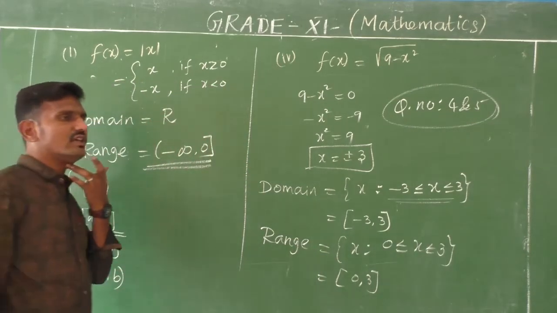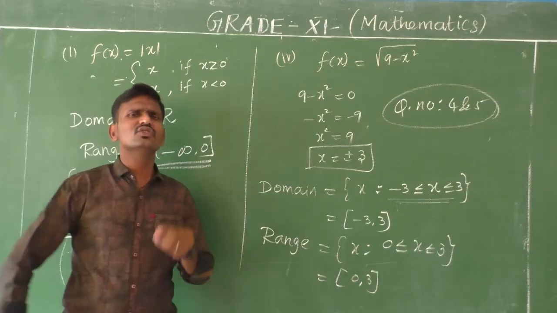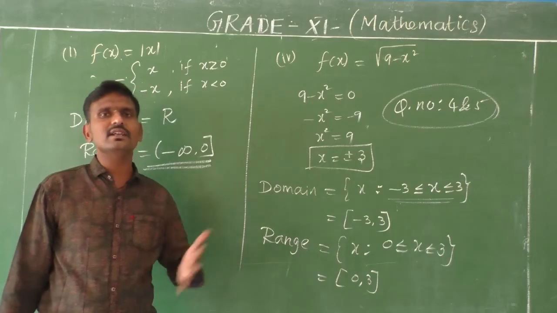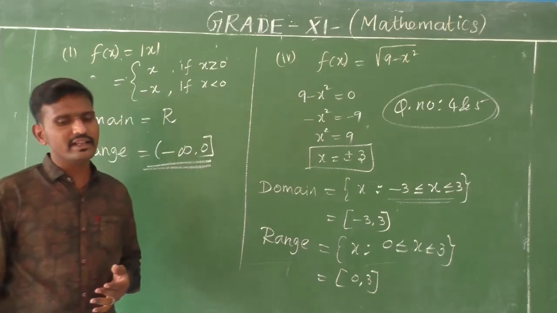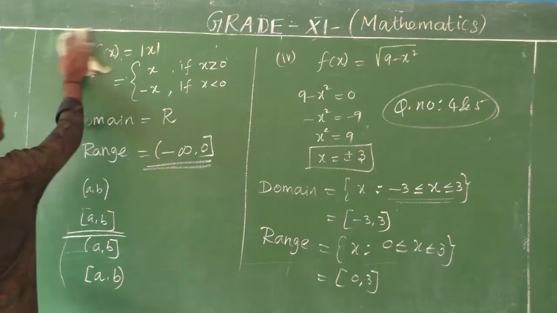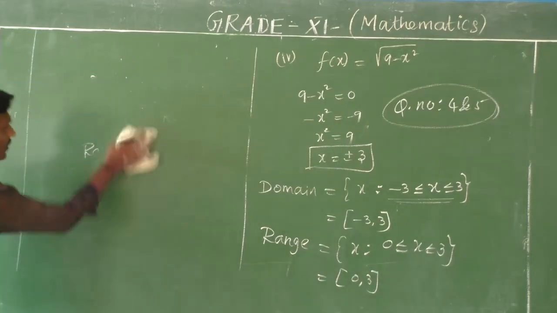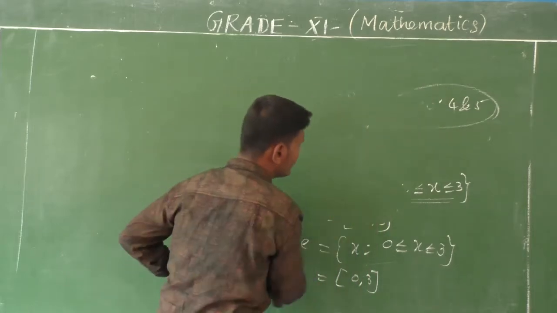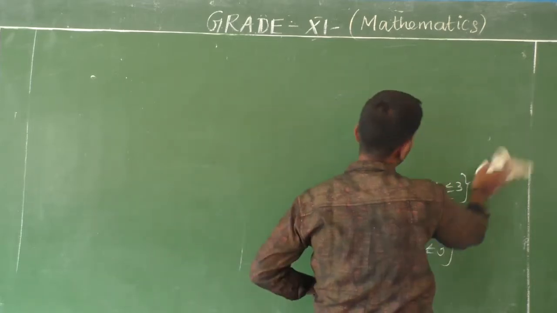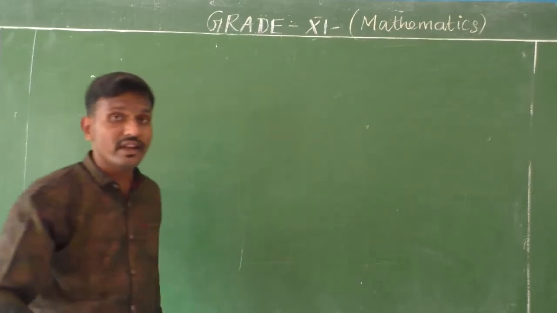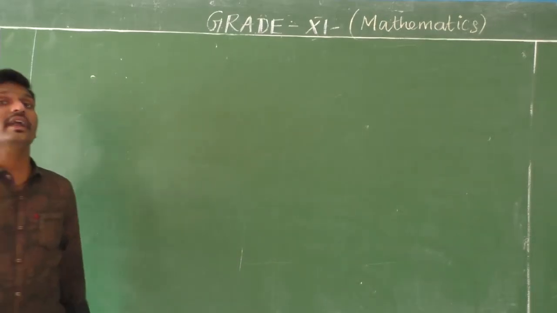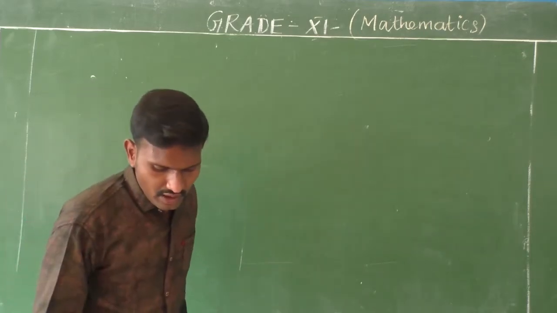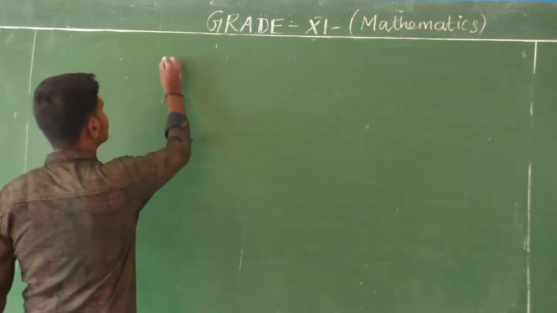Okay. Now coming to the miscellaneous examples and exercise. Okay, so you have already covered this chapter thoroughly, I think. Yes or no? Yes. So for that, with the basic concept only, we have to move to the next step. Okay. So you just recall all the concepts of relations and functions, then only it is very effective for you. Okay, what is a relation, what is a function, what are the types of relations and functions, and what are domain, codomain, and range, all of these you have to recall. Okay, now take your page number 44, miscellaneous example.